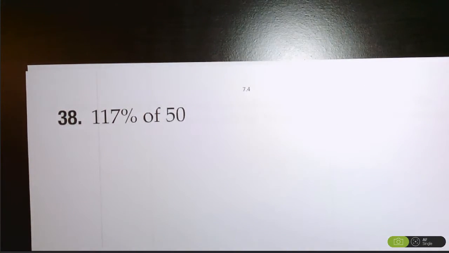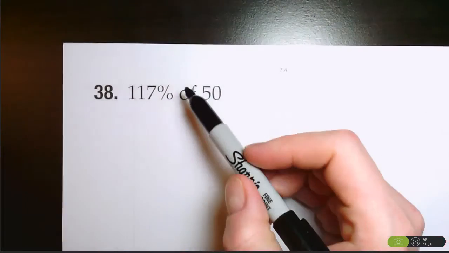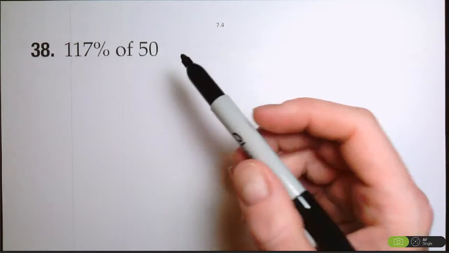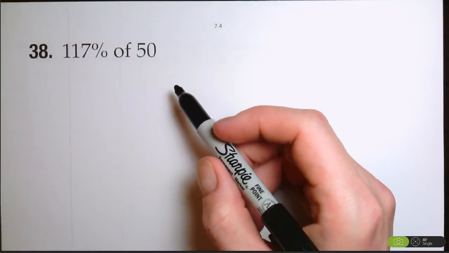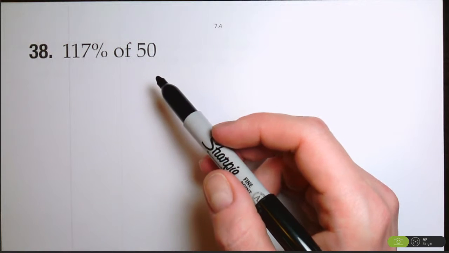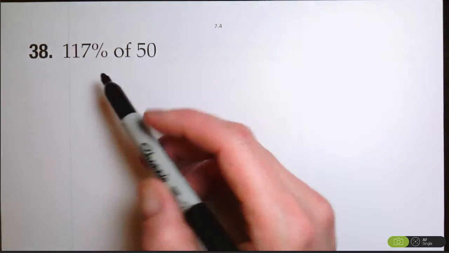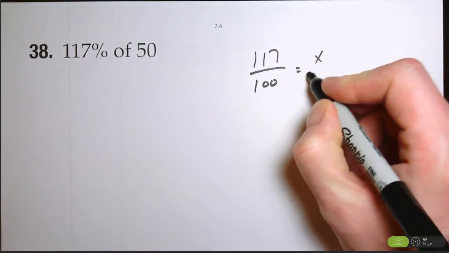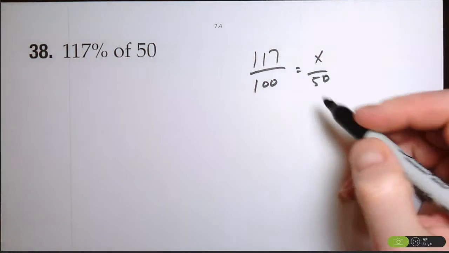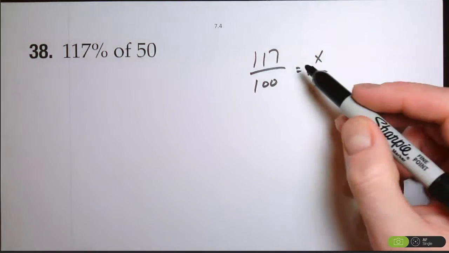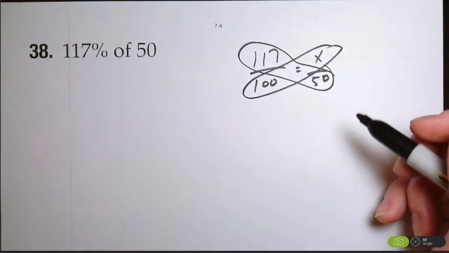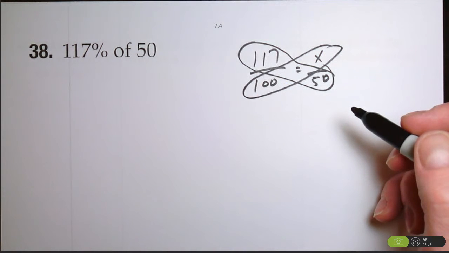Next one we can do is some quick mental math, and it's approximating here, is to find 117% of 50. Now, again, you're doing it mentally. You could do it exactly. 117% out of 100 equals x out of 50. And I don't want to take that away from you because, to be honest, it isn't that terrible to do. Cross multiply,